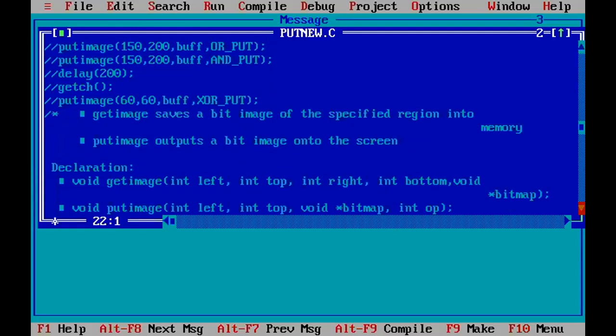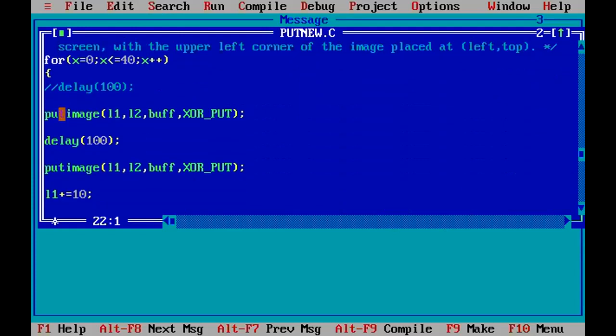Now in here, first it will be made available, then with the delay it will not be available, then it will be available, then not available. In this manner the put image will work.